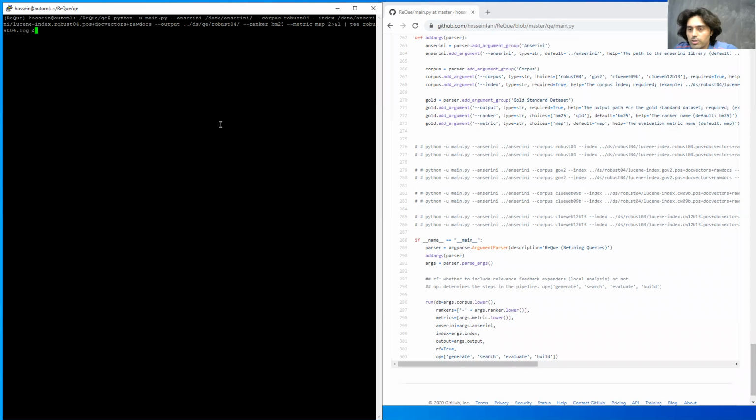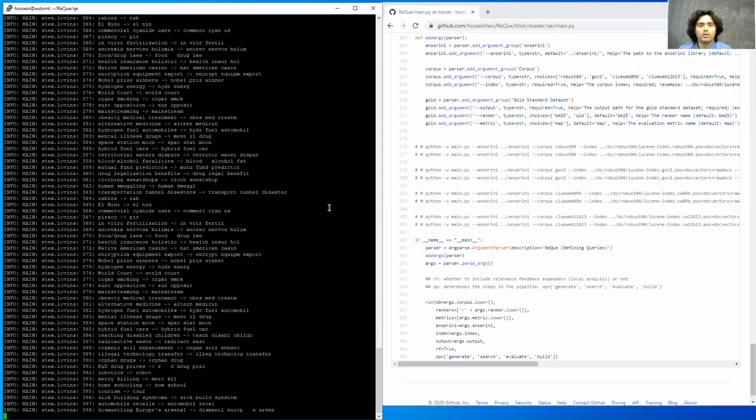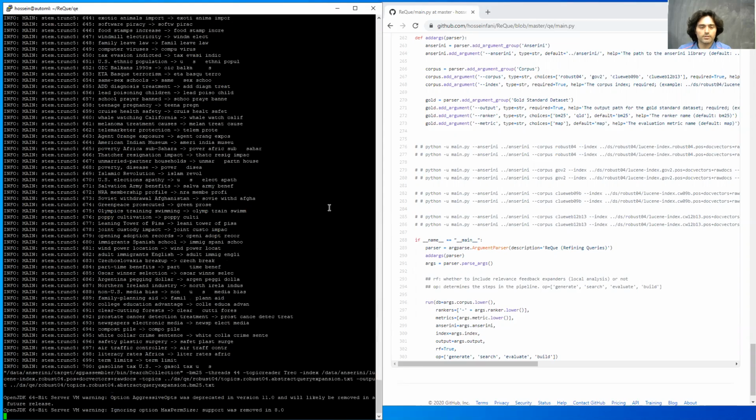So let's run ReQue for all the 4 steps of generate, search, evaluate, and build, given these 2 expander methods, the stemmer based on the Trunk 5 and the Lovins stemmer. So again, it starts with the generate step. Given a query set, which here is Robust04, it tries to expand each query in the query set of the Robust,